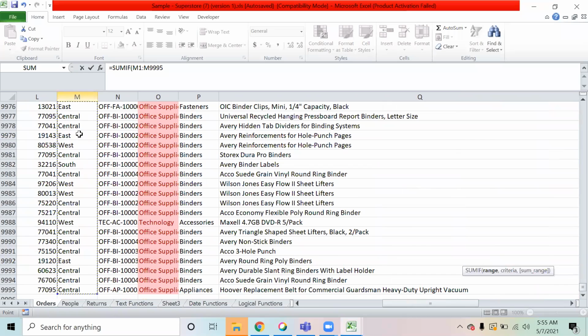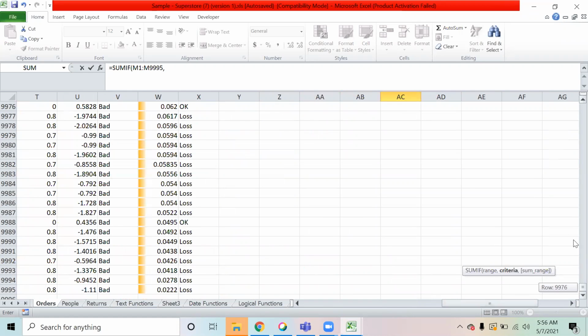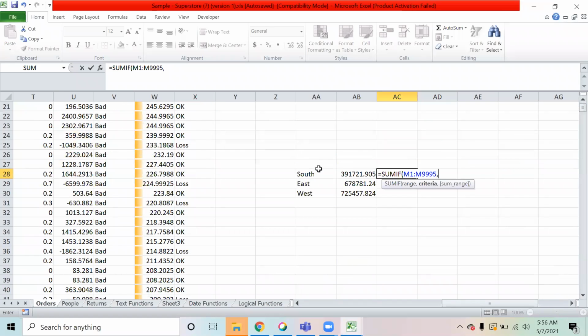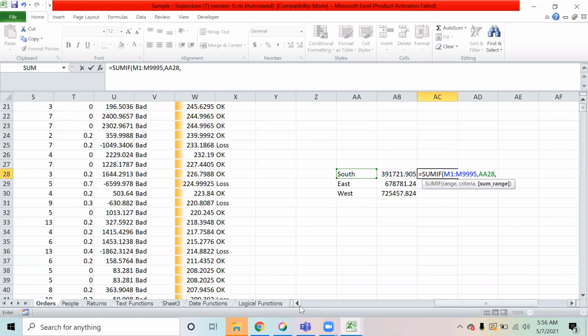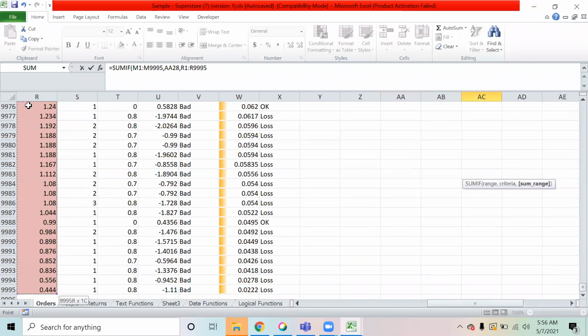But now I am selecting only up till where the data is, that is M1 to M995, comma. I am saying what is my criteria. My criteria is this, that the region should be South, comma, sum range.